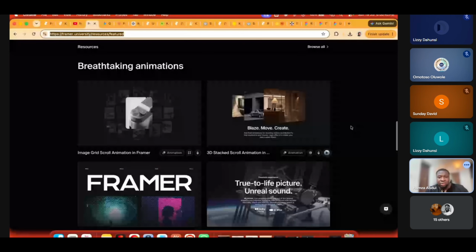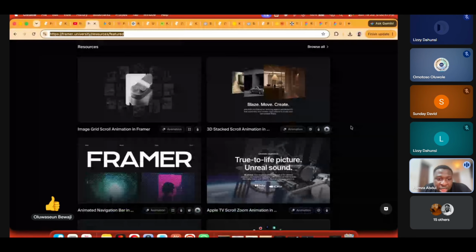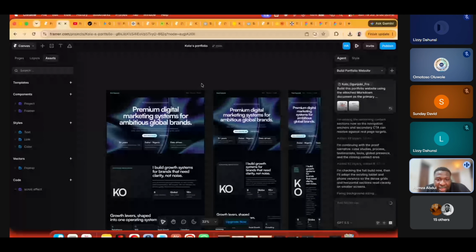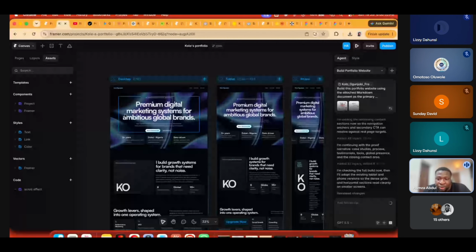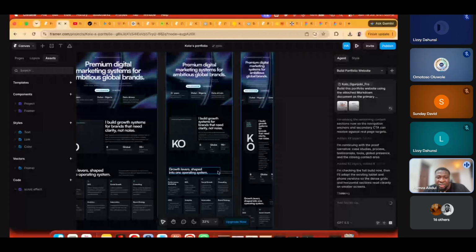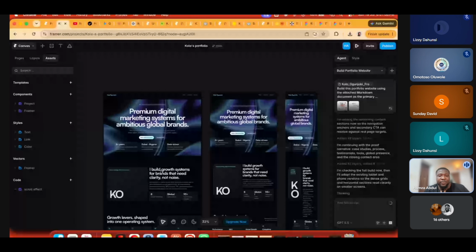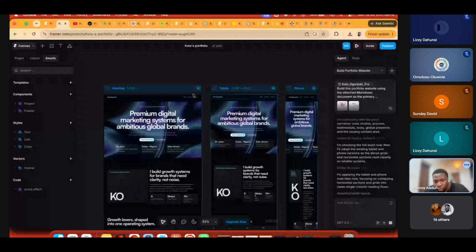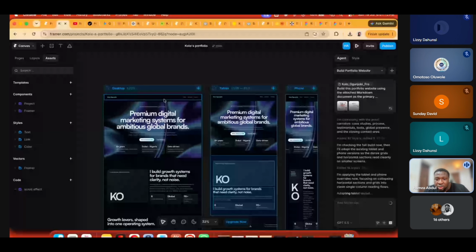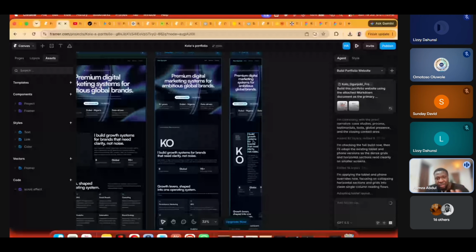So now let's see what Figma is cooking. This background that you're seeing here is one of those shaders that I showed you guys earlier. Figma is using it as part of it. And as you can see, there are some alignment issues, right? So this is not 100% set in stone that, oh, if I use the Figma AI, it's going to give me the best. No, you still have to come and sort some issues like this responsiveness. But let's allow it to finish first. As you can see, it's already fixing it itself. See, already fixing it.